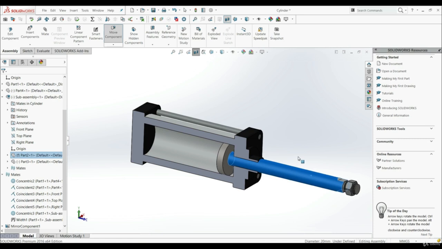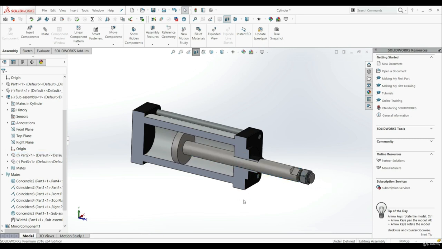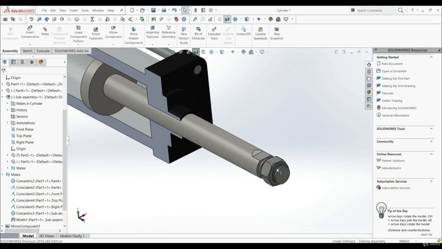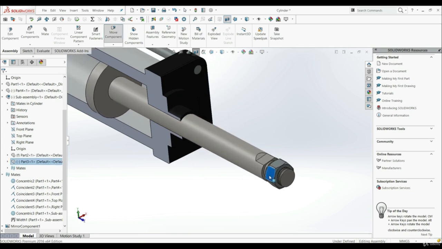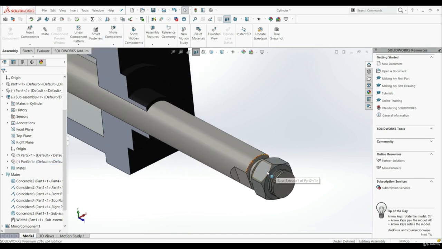And we can rotate this, as you can see here. But now let's try to rotate this nut here. If we try to rotate, we see that we can't rotate only this nut, we rotate the whole clip. So if we want this nut to go along this thread, you have to go here to